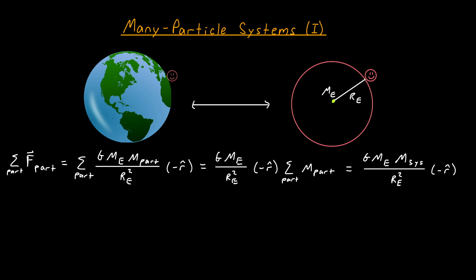Now, in fact, this argument holds true for any force that scales as 1 over r squared, or 1 over the distance squared. So what that means is it holds true for the electrostatic interaction as well, right? What I mean by that is if you have the Earth as something external to your system and your body as your system, then the force acting on your body due to the electrostatic interaction can also be written down as k times the charge of the Earth times the charge of your body, or the charge of the system, divided by the radius of the Earth squared in the r hat direction, where now the charge of the Earth